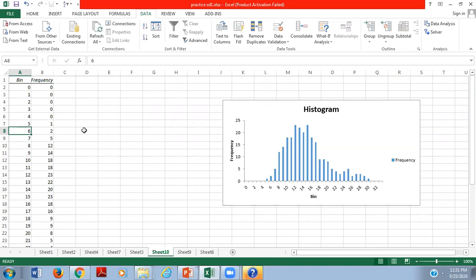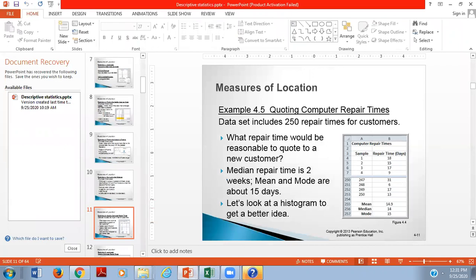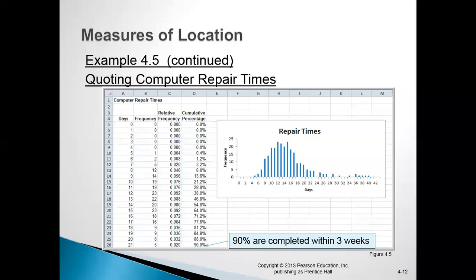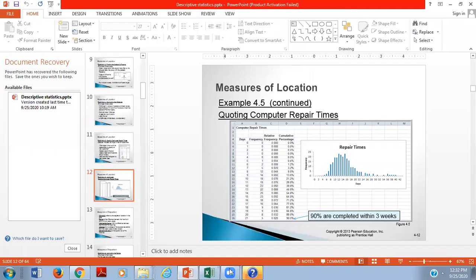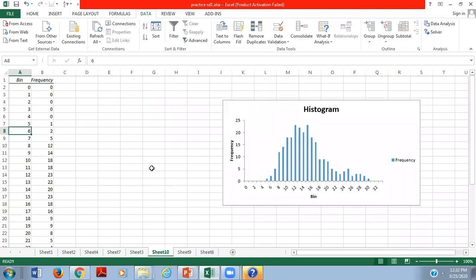Now I will show you just see here the example in front of you in the PPT. The same picture is there that I just showed you. It's the repair time, right? Now see what they have done. Days are there, and we calculated the frequency through the histogram. Now we have to calculate the relative frequency and cumulative frequency, just to know in how many weeks the maximum computers are repaired, right? We will do this again using our Excel sheet.